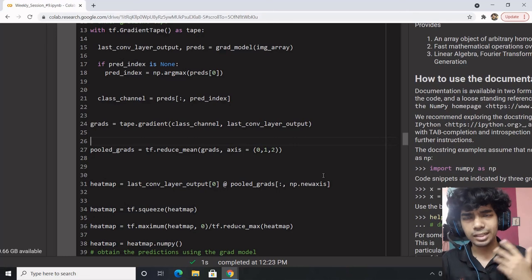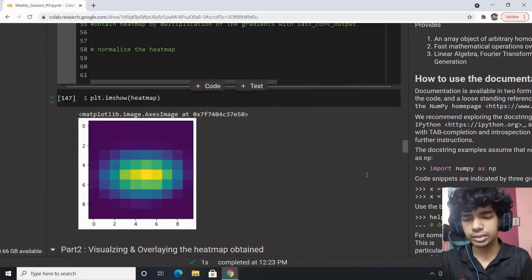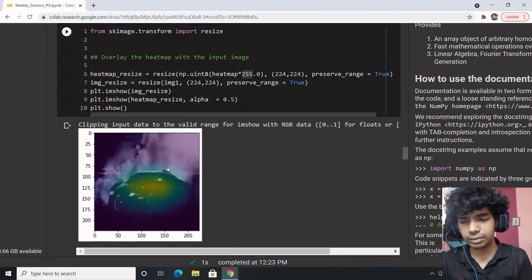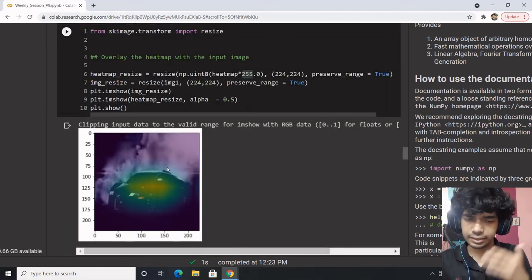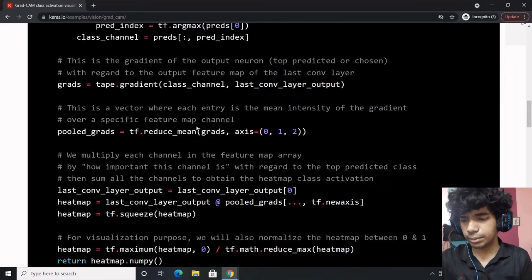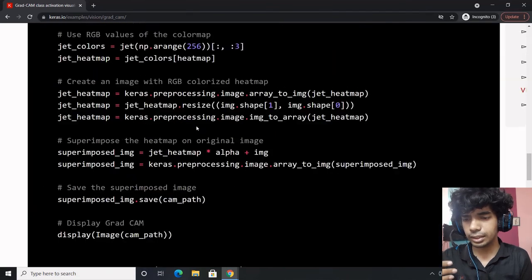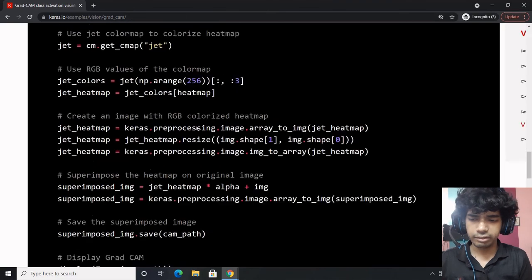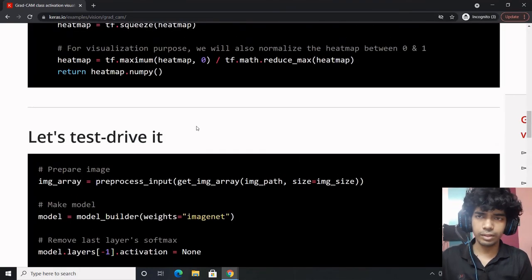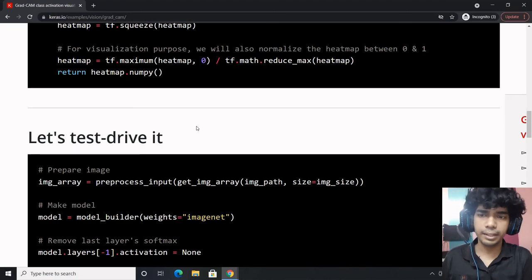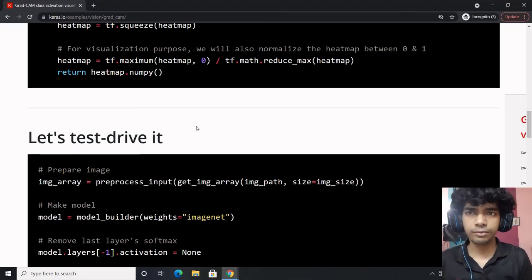Then comes a lot of processing and pre-processing so as to obtain a visualization. This is the heat map visualization I've obtained. This is an extremely trivial visualization, and we can extend upon this. You can refer to the Keras official implementation, which does superimposition in a very sophisticated manner. Or if I come up with a better and simpler approach, I will update the Colab notebook. You can always refer to the Colab notebook. That will be the most reliable source to check out. The video might not be updated, but the Colab notebook will always stay updated.